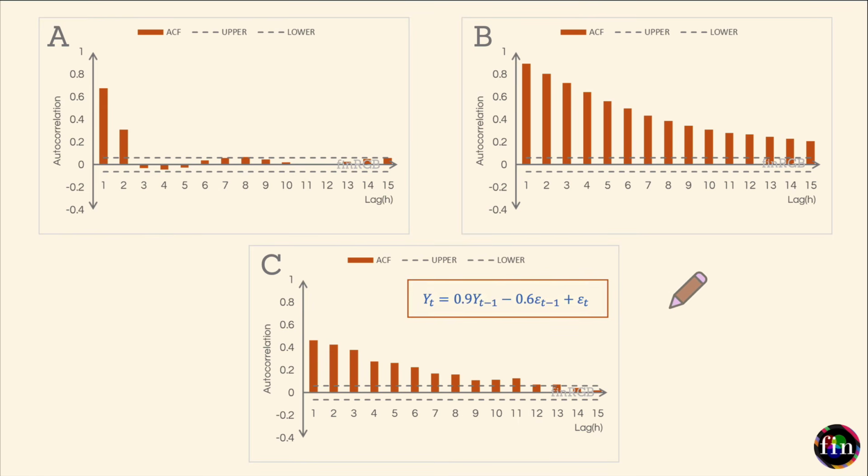This video was all about looking at the shape of the correlogram, looking at the patterns, the visual information which our correlogram is telling us, and from that visual information, trying to figure out what sort of process, or what sort of specification, can be behind any given time series for which that particular correlogram has been plotted.